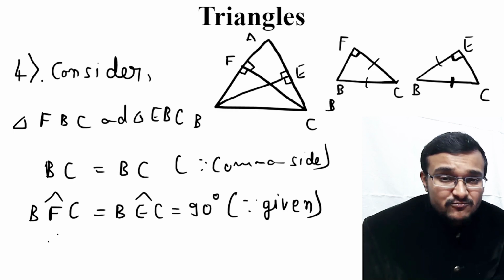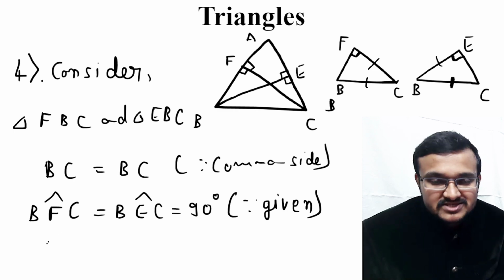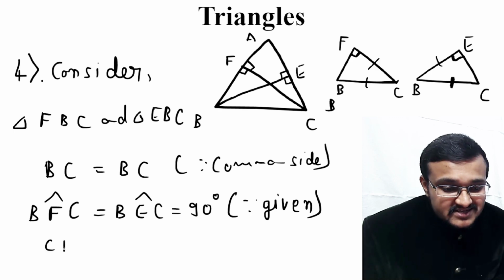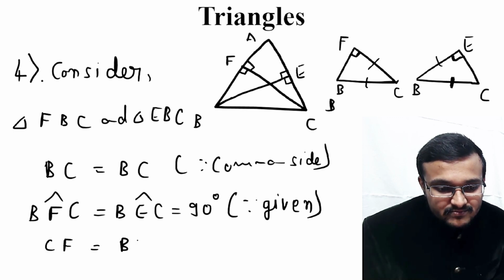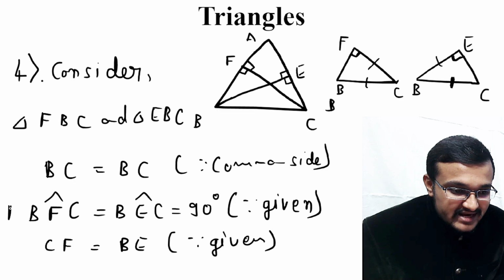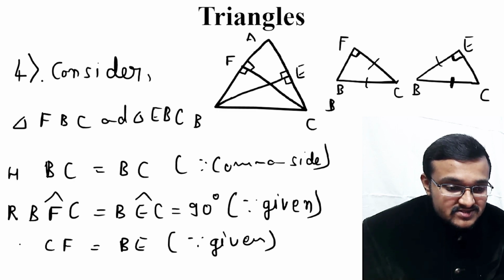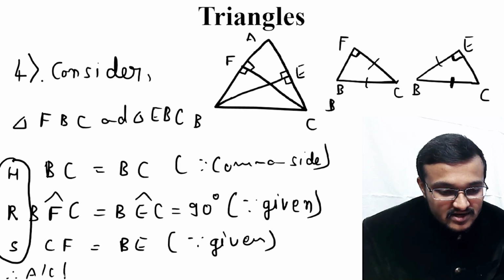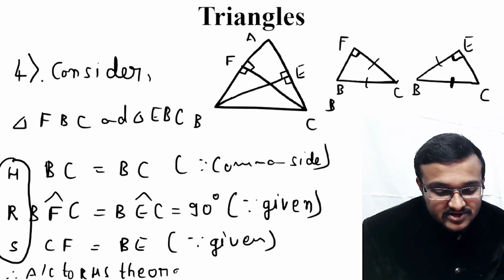And they have also given, and one more side we have to prove that is equal to each other other than hypotenuse. So now we can straight away take CF is equal to BE. This is because they have already given altitudes are equal. So according to the right angle hypotenuse side, that is RHS congruence rule, according to RHS theorem, triangle FBC is congruent to triangle